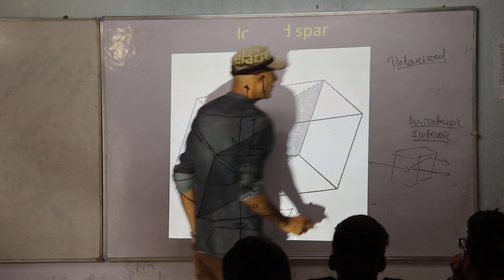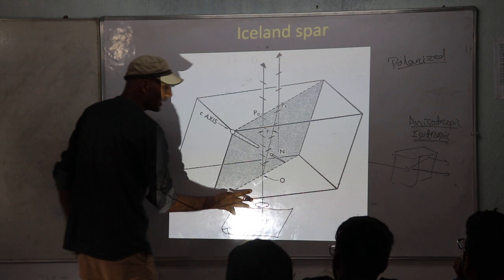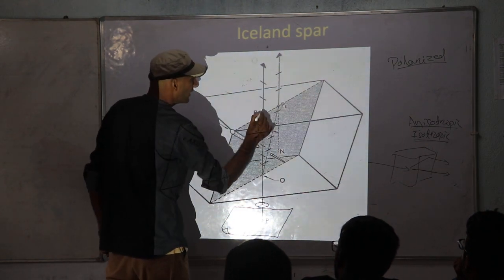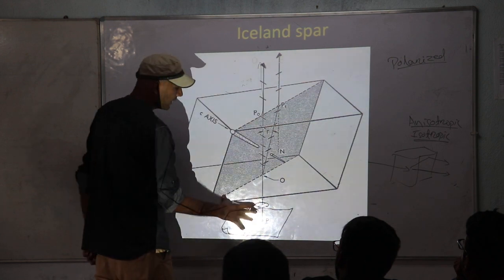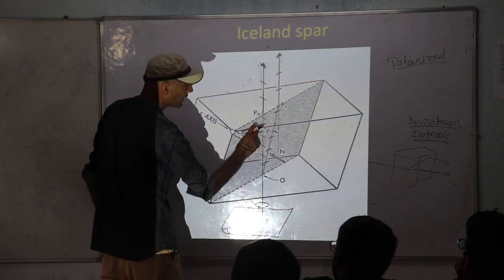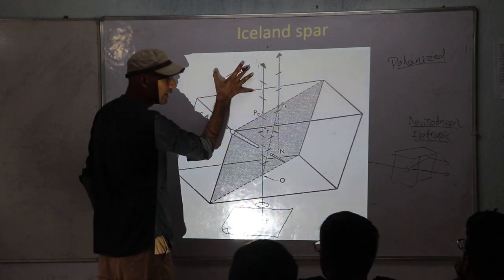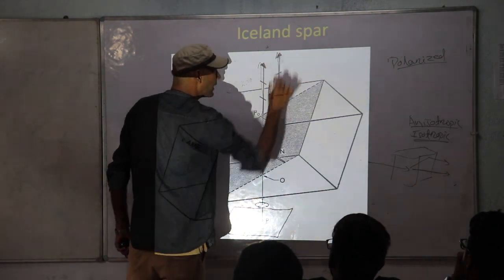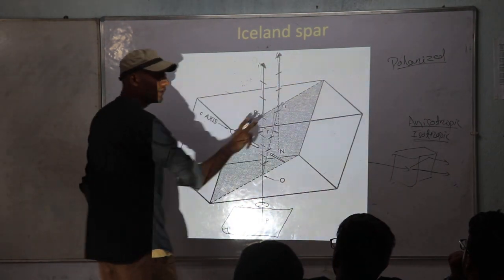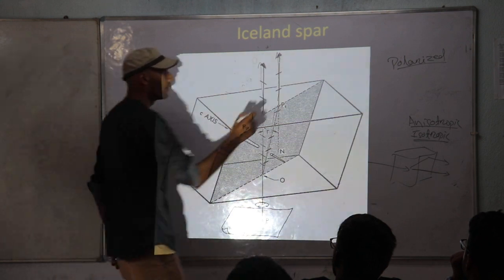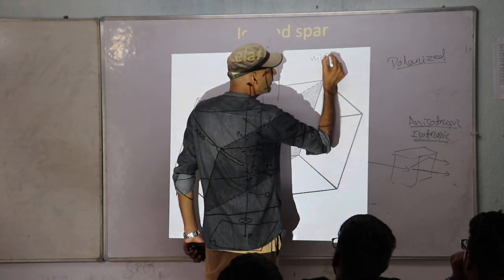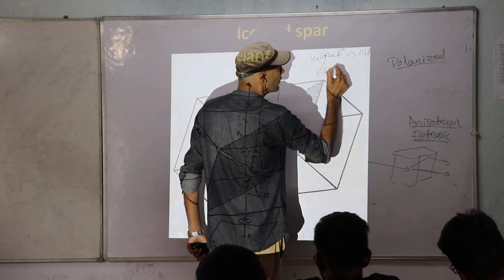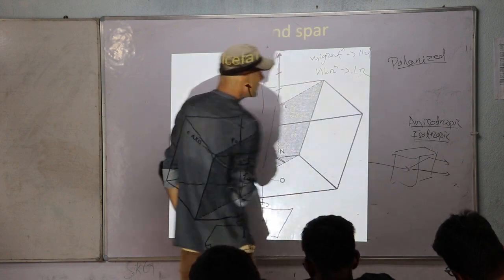So what is polarized? We are going to see that. When an unpolarized light ray enters an anisotropic mineral, what happens? One ray splits up into two components. One component continues in the same direction as the previous ray. Another one is deviated and then continues. So both of them are parallel. The vibration directions are perpendicular. The propagations are parallel and vibrations are perpendicular.